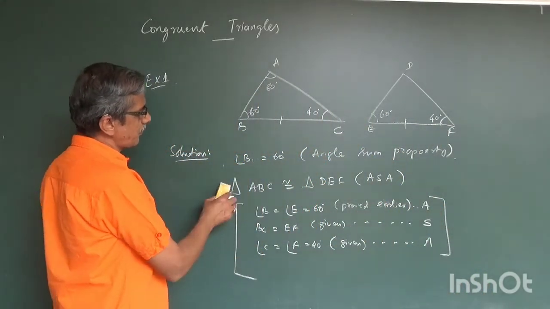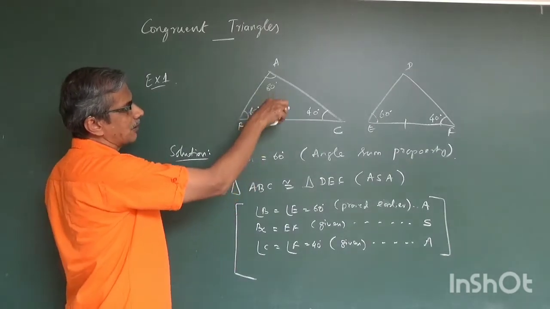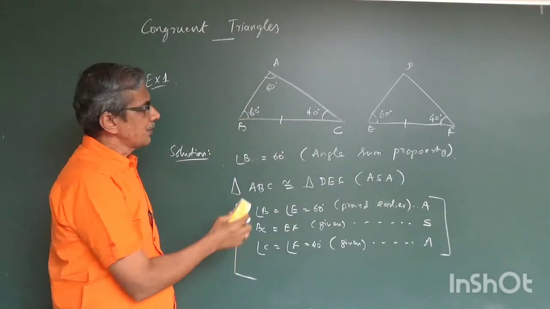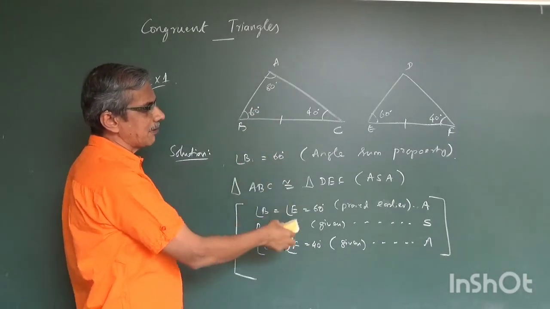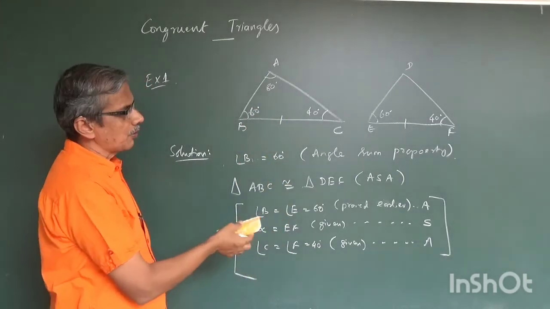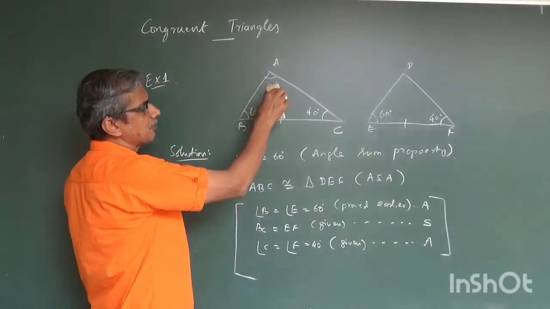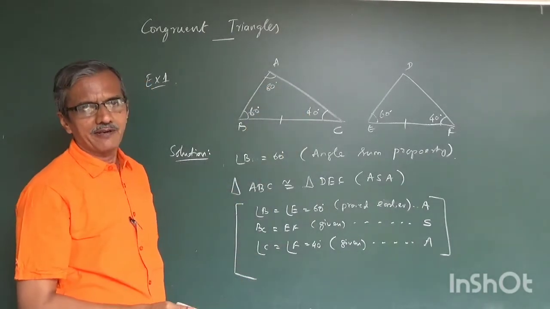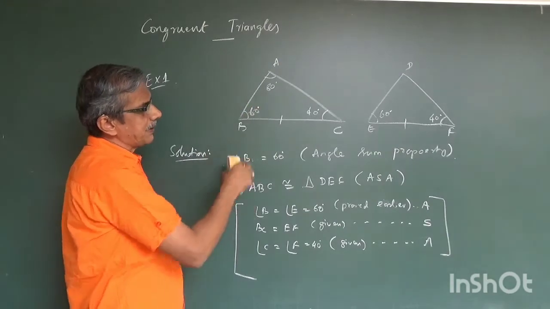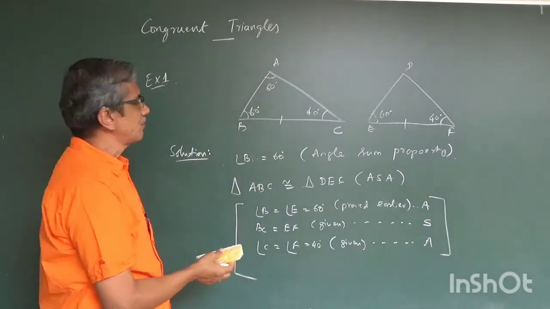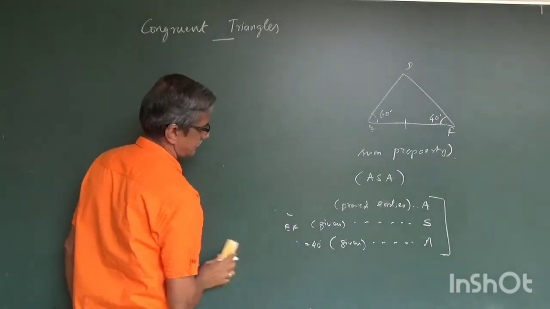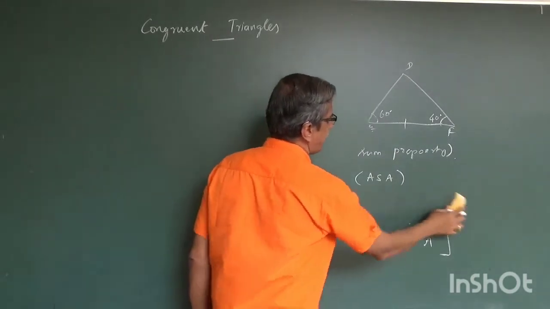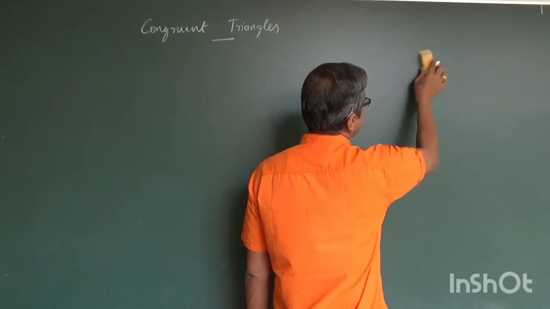So before going into congruency, you have to work out the angles. If necessary, you have to work out the missing angle. After working out the missing angles, it will become clear whether you can apply congruency or not. You don't just look at the data given. From that, whatever data you can find out, you also have to find out. So this is the first example. In every problem, look at the missing angles.